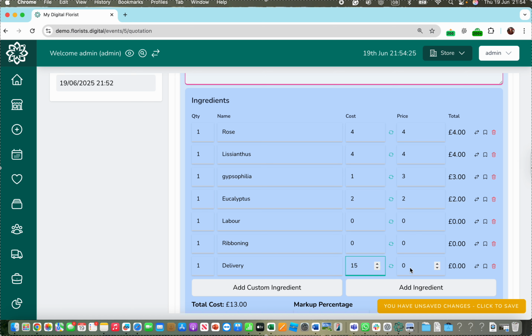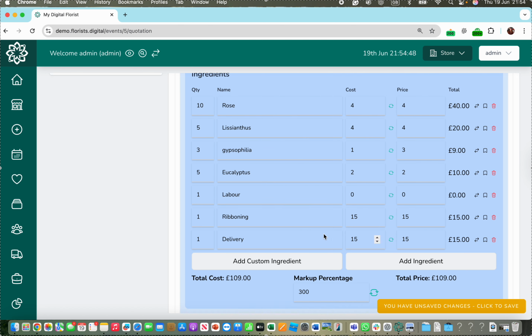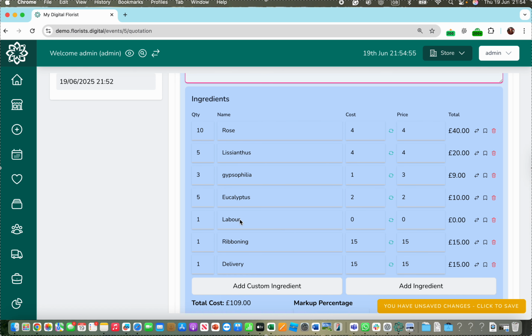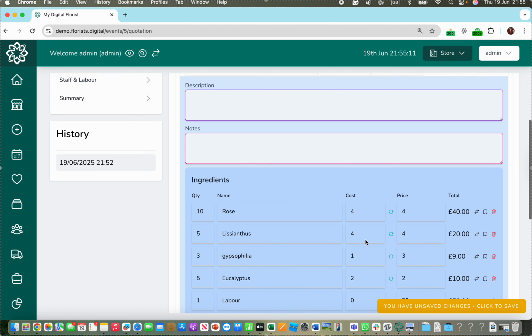So that is 15. Our ribboning is 15, let's say, and then we're going to work out what flowers we're putting in. So let's say we're going to put 10, 5, 3 and 5. So then here we go. As we're doing that it is adding all this information up over here. You pop all that information in, and then you say, okay, right, I'm charging 109, this is wedding work. I would add a third on for that, so let's call that £50 for labour. I'll pop that in there, and then that is telling me what my price to charge is over here,